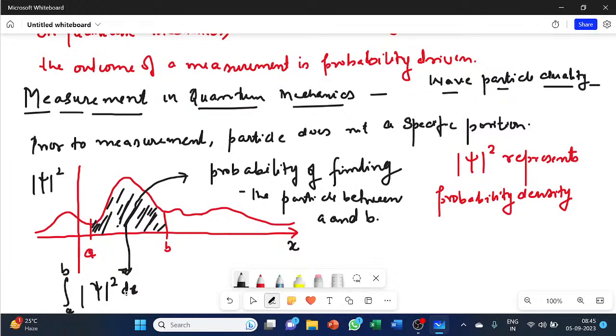Okay. Understand that there is a sense of indeterminacy in quantum mechanics with regards to the particle's position before the measurement has been executed. So I'll write it here. I mean, these are all sort of postulates only. Okay. So there is a sense of